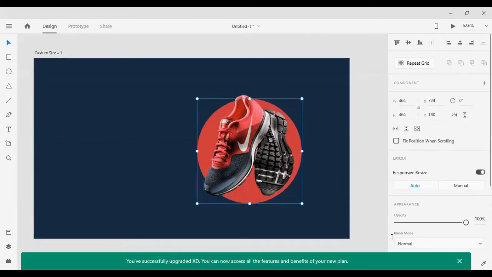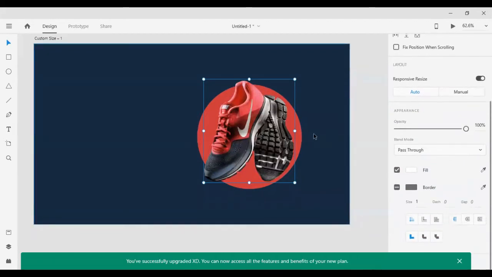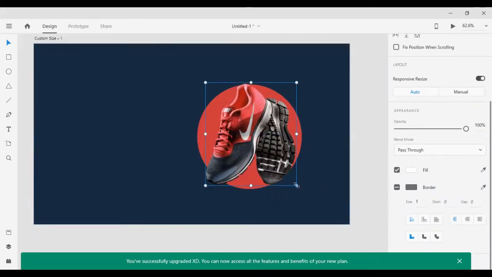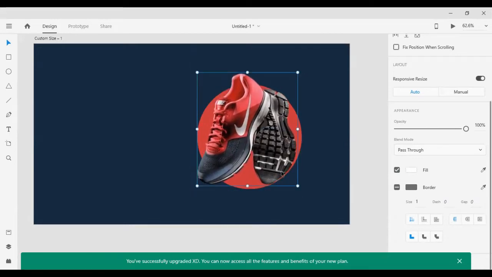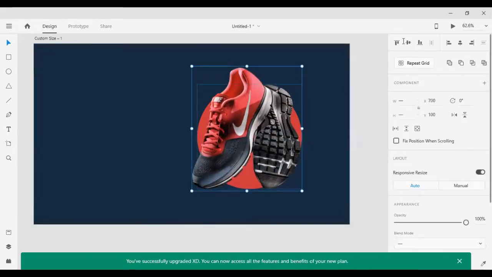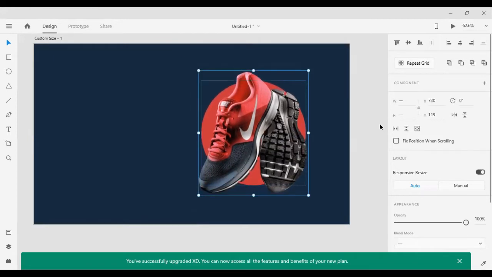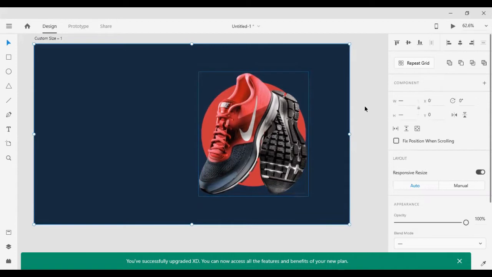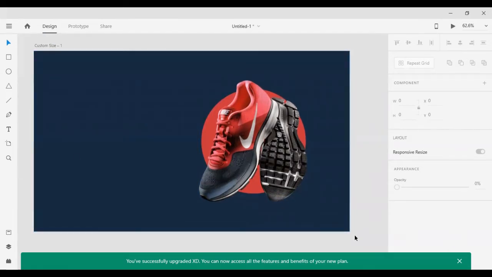Now, okay, just select this, make it a little bigger so it can be hanging over the edges of the circle. Just align them. Okay. I'll group that and align that into the middle. Now, Control Shift and ungroup that. And we're just going to